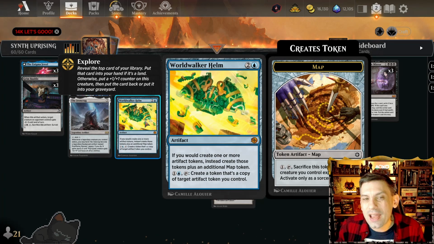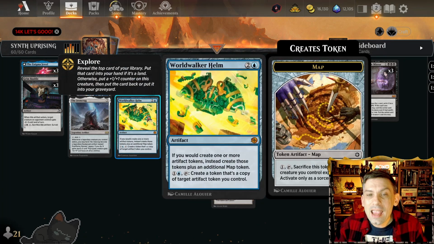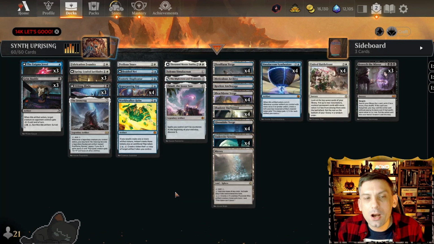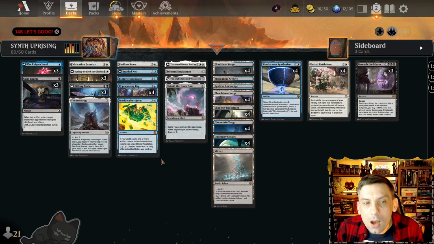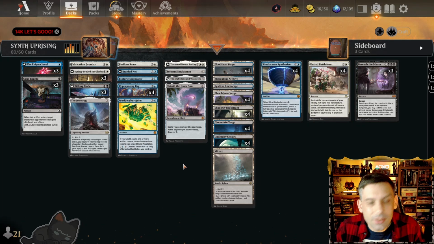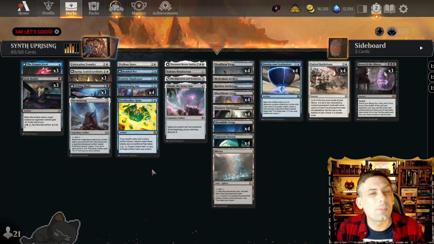So sometimes when you're up against control, and you just need to completely go over their head with value as much as possible, you can tutor up the Duplicator and the Worldwalker Helm and just create ridiculous board states. Most of the time it's going to be very win more, and you don't need to do that. But because we have so many tutoring options in this deck, it's almost zero opportunity cost to include the option to find these cards, so that if we are up against those long grindy control matches, we can go over the top with value and completely run them out of cards and just smash them in the face with a million creatures. So absolutely worth including one copy of each of those